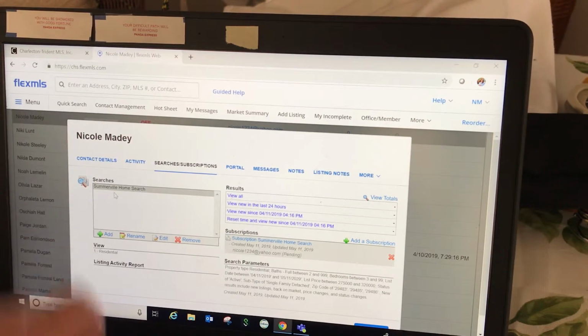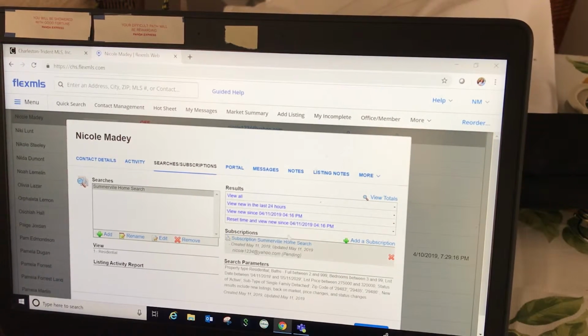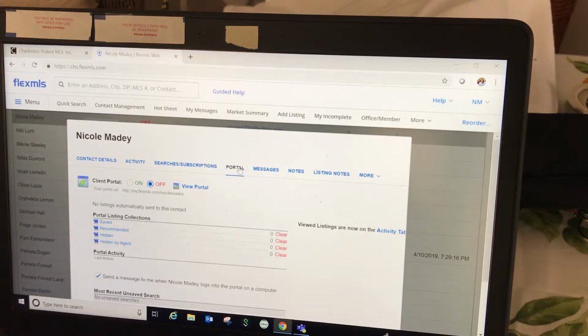Okay, it's showing the search right there. It's showing over here that they're set up on a subscription. So as of right now, you don't have to do anything, and they will receive it tonight between 7:30 and 8:30 p.m. Okay. Now there's something called a portal, which I would explain to clients that I'm setting them up